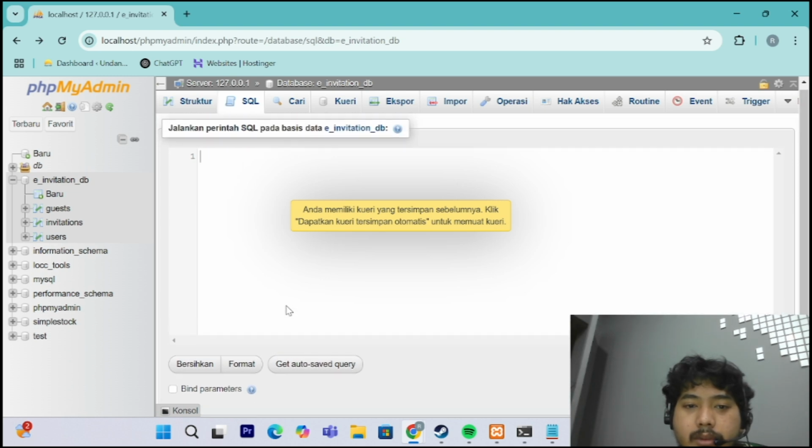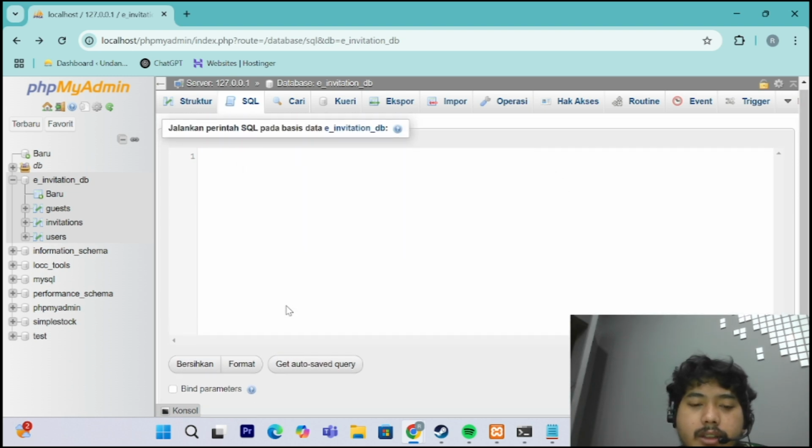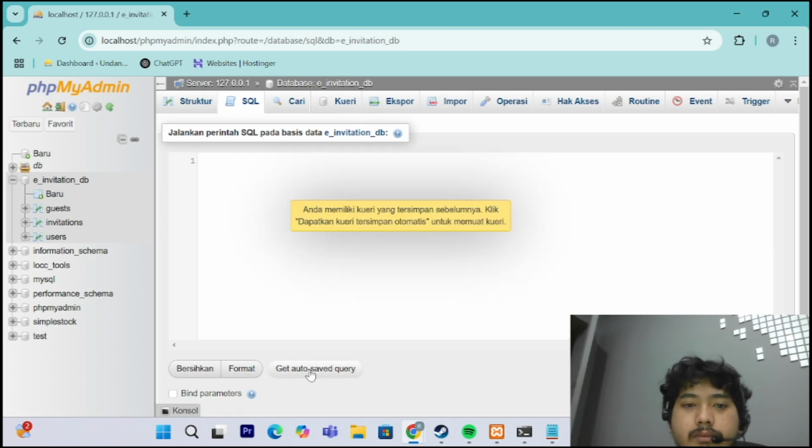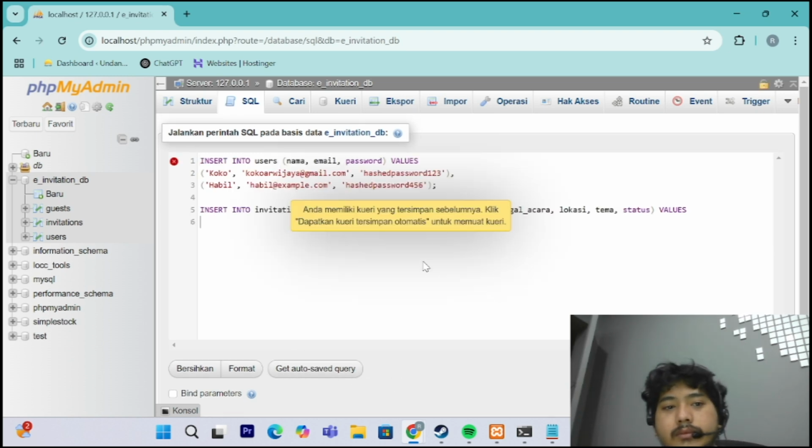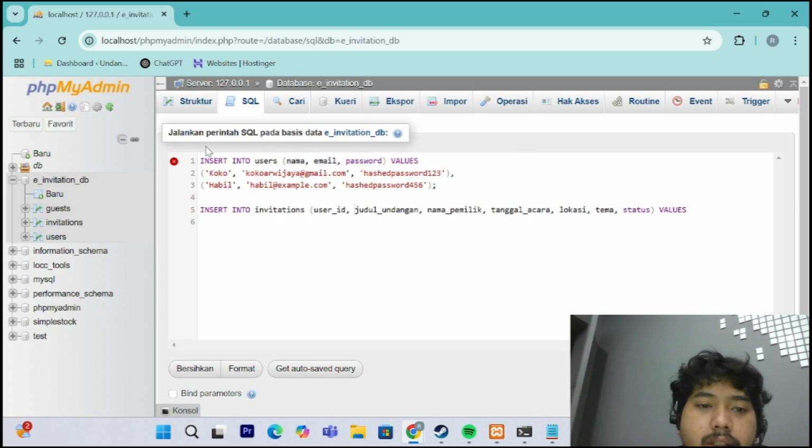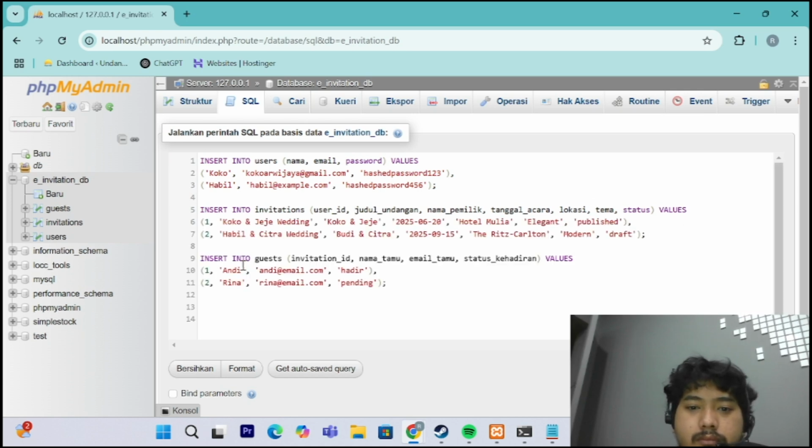Okay, I'm really sorry because I accidentally closed the SQL. I think I have a problem with this, but it's okay. I will continue to write this code. So here I have made data for our table.